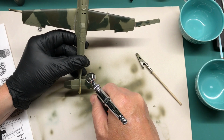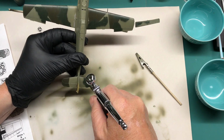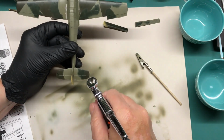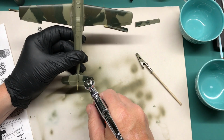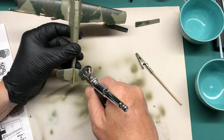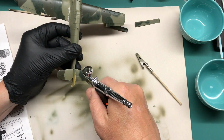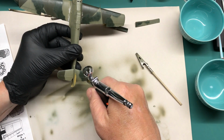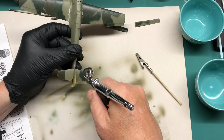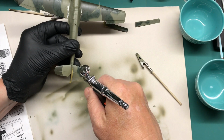Building it up. I'm being real random with it. That way, if there is any showing through, I'm trying to do it like in scale, you know, in scale messy application, because I wouldn't think they'd be real careful in applying it, as far as making sure it's like 100%